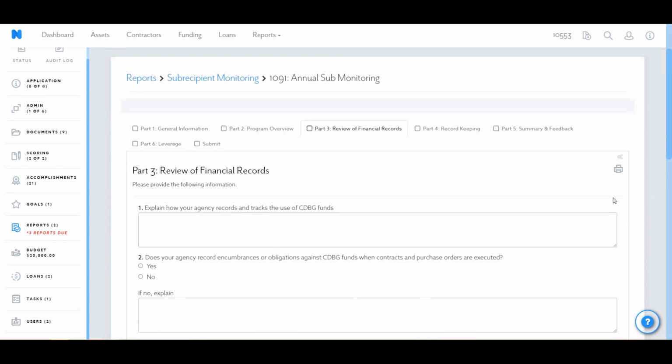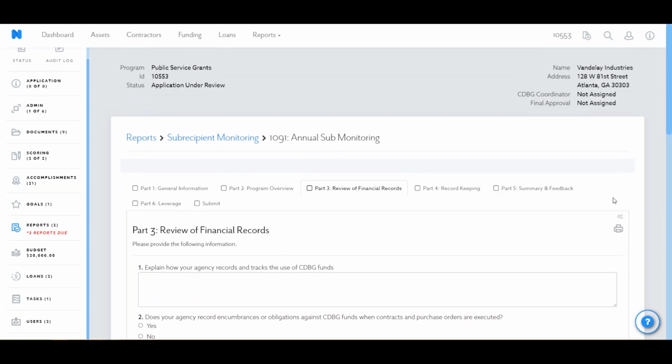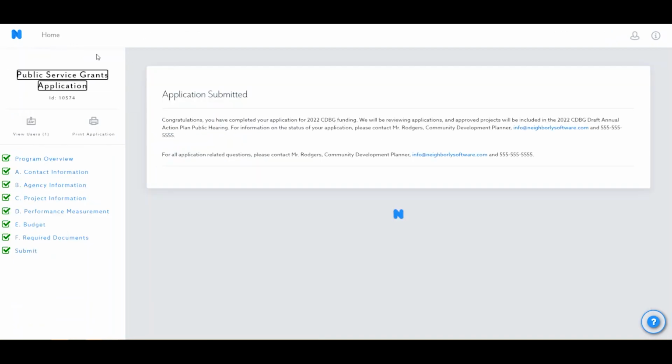The last piece I want to show you is what this looks like from the admin perspective. Once the administrative staff has gone through and completed the entire threshold review, checklist, review process, and scoring process, and the subrecipient has then been notified that their application has been funded, their view changes from application view into grant view. So this is what it looks like once they have successfully submitted, as we have already seen. And if we go back to our homepage in the participant portal,